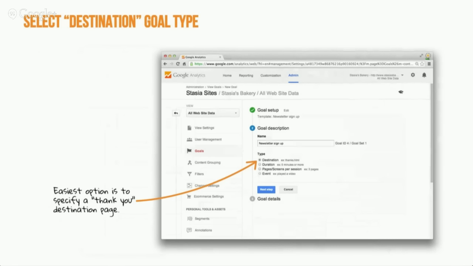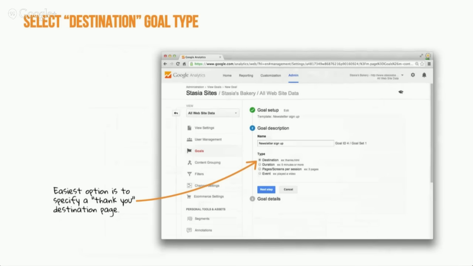And often when you set up your website, either you've done it or your webmaster's done it, when you click submit, the follow-on page is thank you. Just thank you for signing up for our newsletter. You'll continue to get updates from us once every week, once every month or so. And the easiest option is just to specify that page. You click the thankyou.html and you're good to go. And that means it's a destination. So a newsletter sign up, you hit destination and save it as your next step. And immediately you've got a goal right there in Google Analytics to find out if they've reached that page or not.